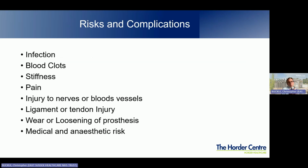We've talked about how it's done, the outcomes and the recovery. It's important to say that it is a major operation, and therefore the counselling process when considering joint replacement has to involve a discussion around some of the risks and the complications. And importantly, thankfully, all of these are really quite rare, but if they do occur, they all can be quite serious. And therefore, there are lots of things that go into the process to try and reduce all of these